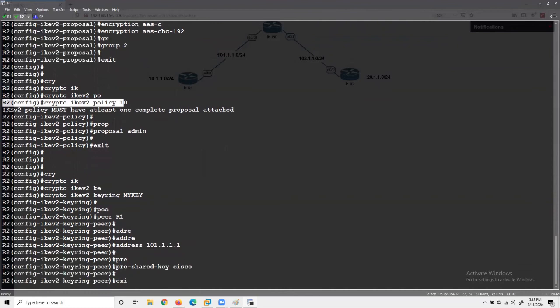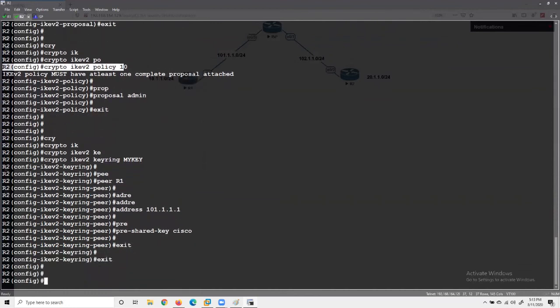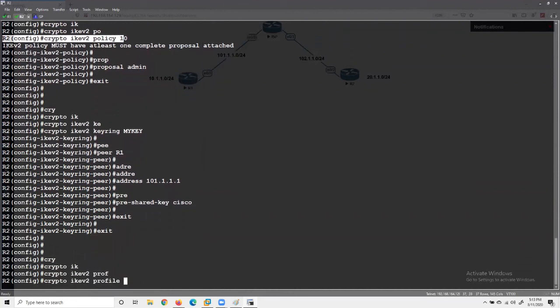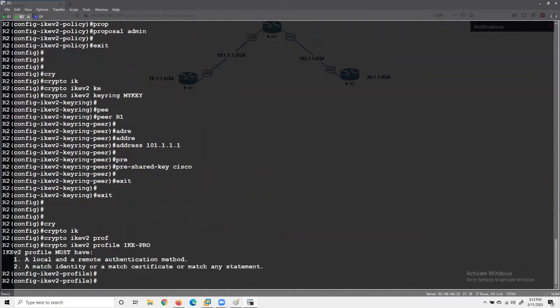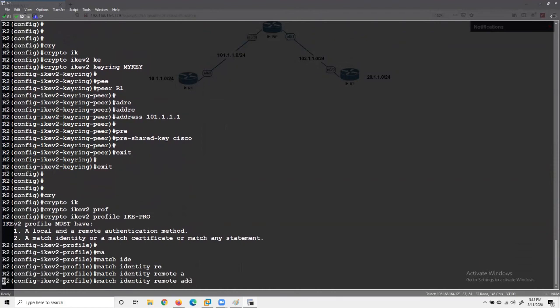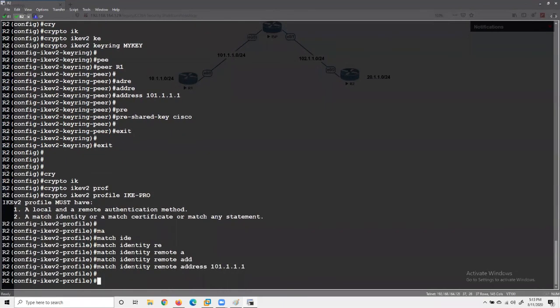It must be the same on both of the routers. Exactly, yes. After that, you will create the IKEv2 profile, IKE pro, or you can take any other name. Then you will define match identity remote address. We are using address 101.1.1.1. This is the address of R1 that I will check when I receive any VPN request.